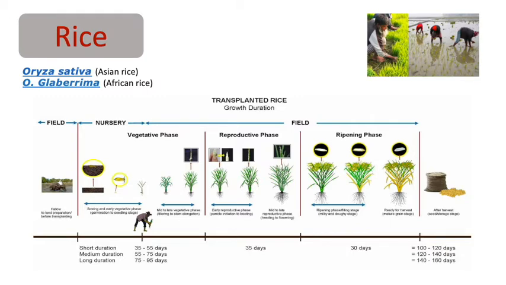Traditional varieties like basmati require about 150 days for growth to reach the mature grain stage, whereas the modern high-yielding, very early maturing varieties can be harvested in as few as 90 days after sowing.